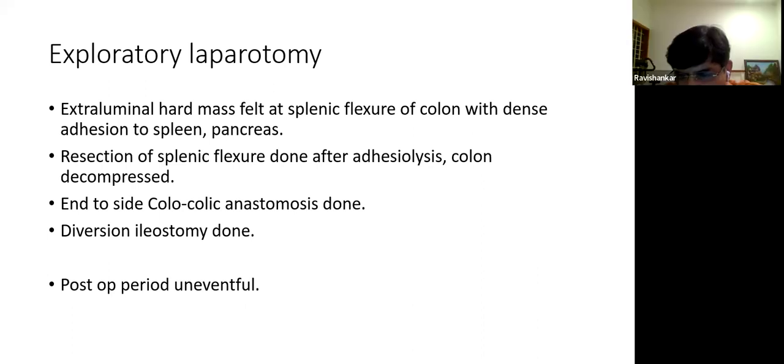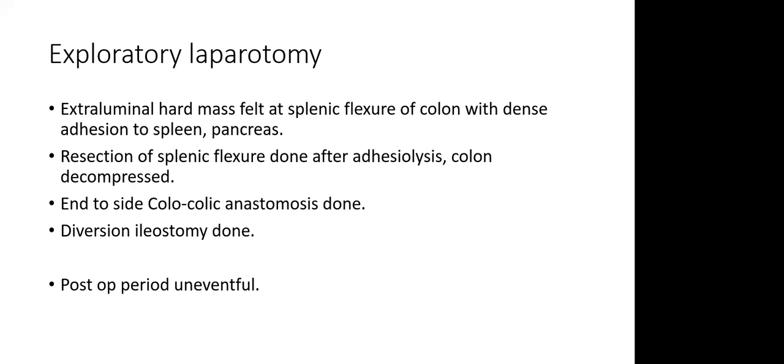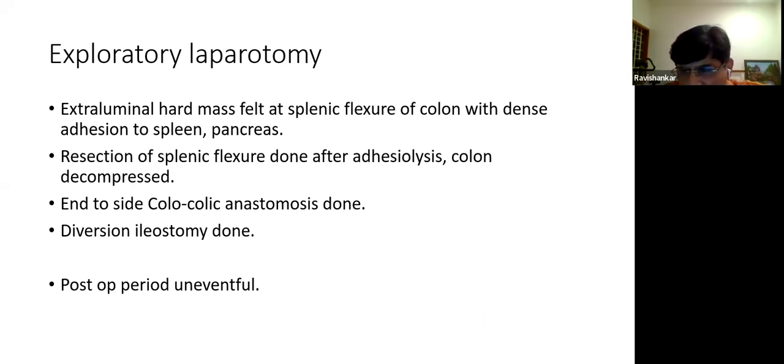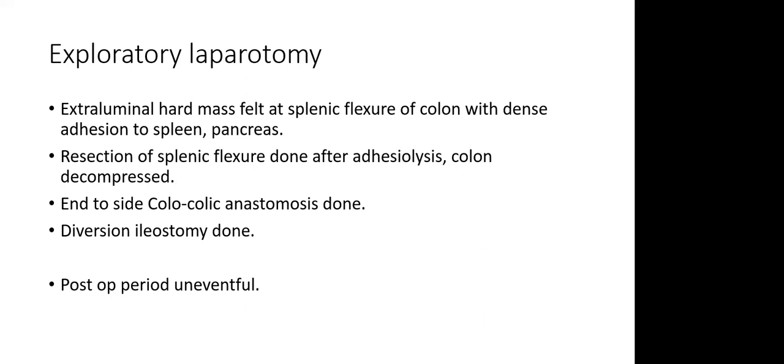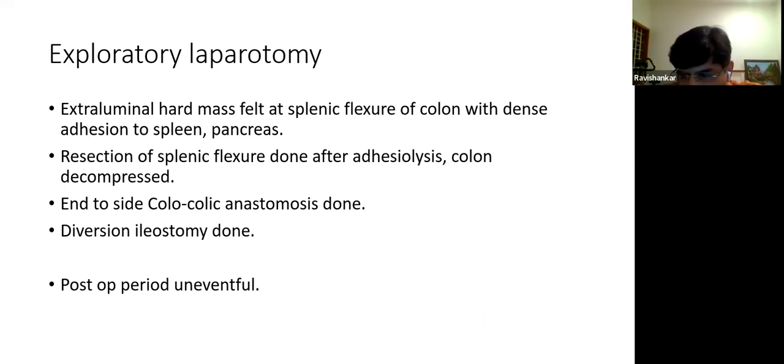Because of the superior mesenteric and inferior mesenteric anastomosis at that point, there is a kind of lacuna, a hiatus, if you like, between the two anastomoses. So there is a critical area where the blood supply is compromised. So that is one reason. So the lesion was in that area, edematous, dilated bowel. So, and then emergency surgery,